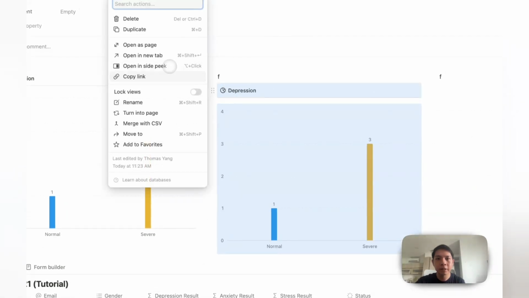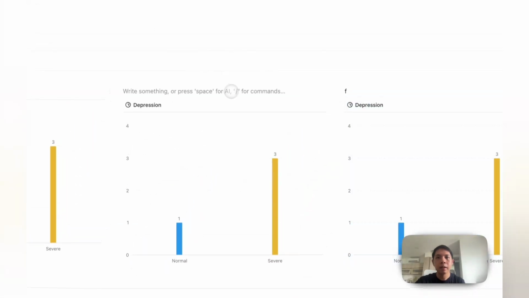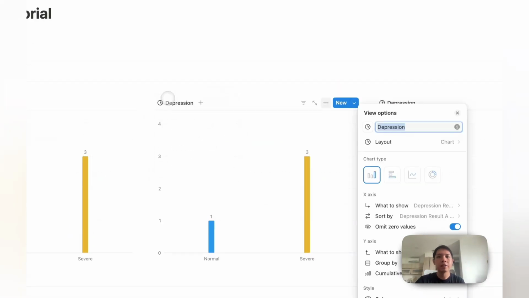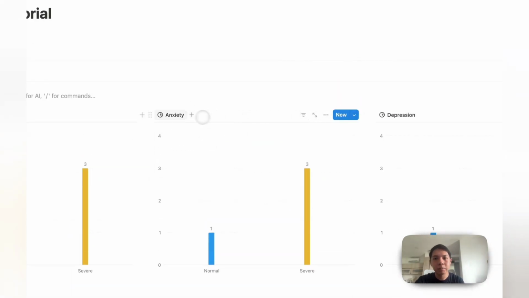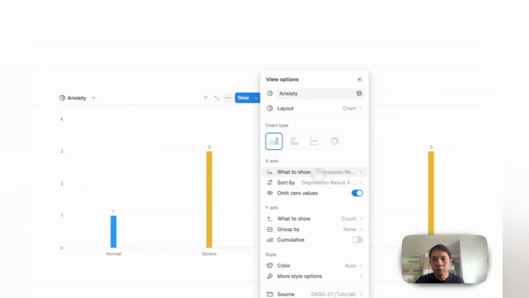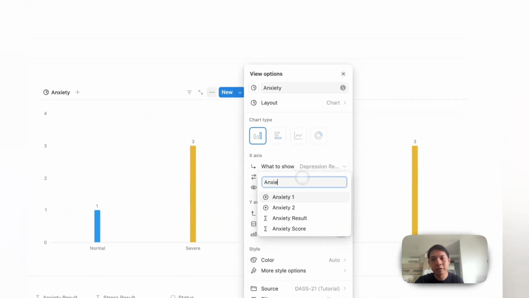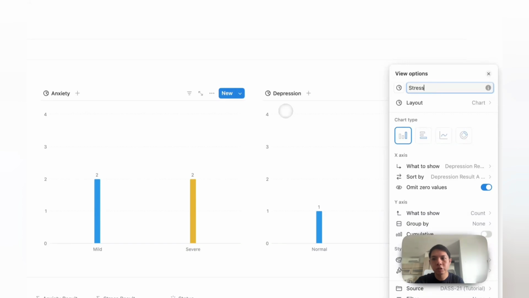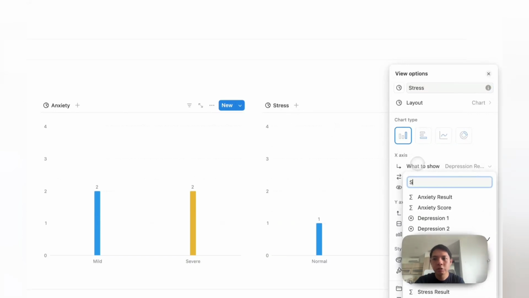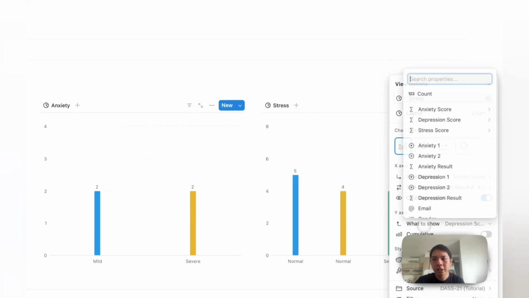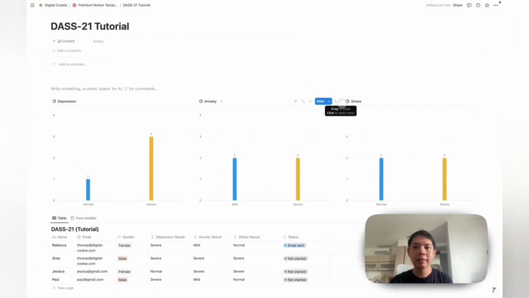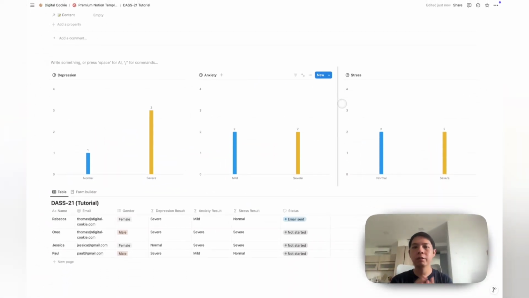and I'm gonna duplicate this again, and I'm gonna put it here, and then I'm gonna just do like this, and I'm gonna change this to anxiety, and then we're gonna change the properties here, edit view. So make sure that we select anxiety result, and then we select count again, and then the same thing here. We're gonna change the stress, and then we're gonna stress result, and then make sure we change to count one more time, and that's it. So there you have it. This is where you can see the results. You can have it here